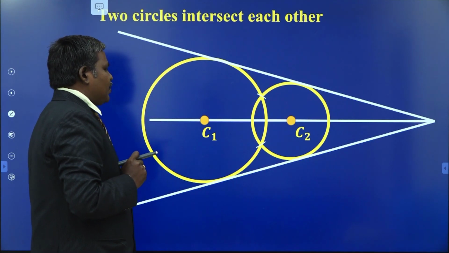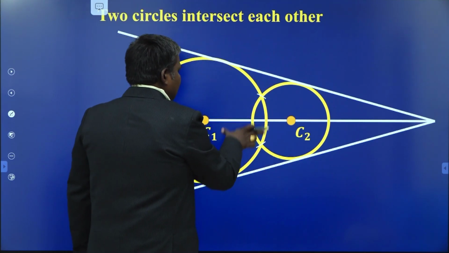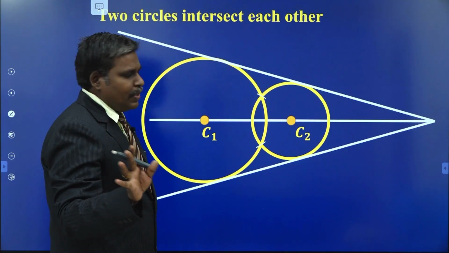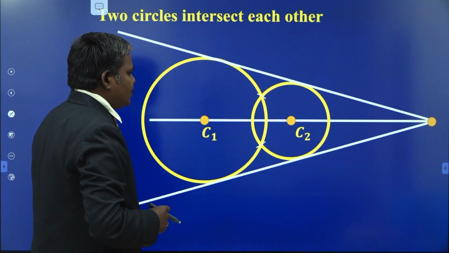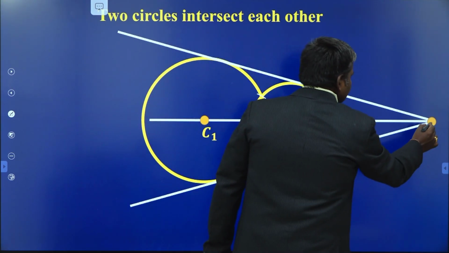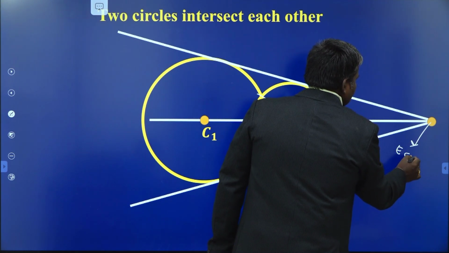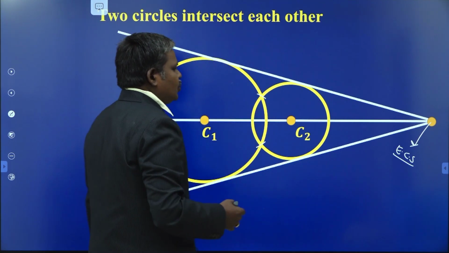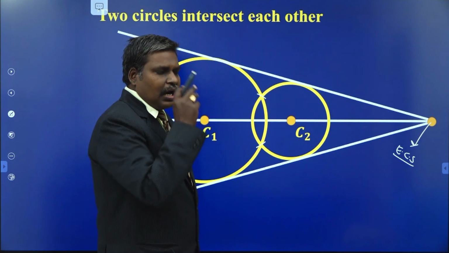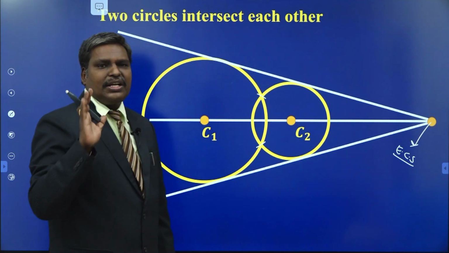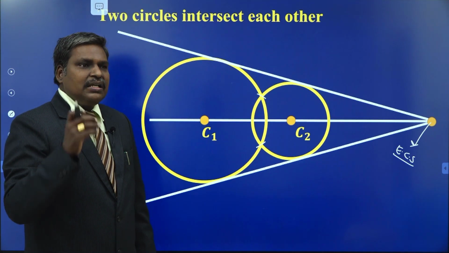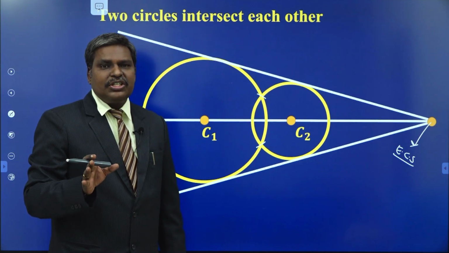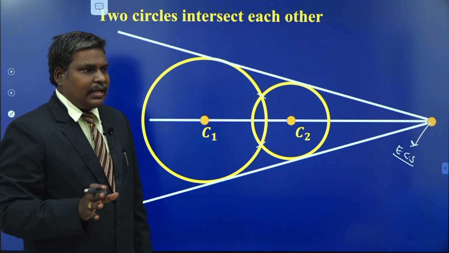There exists another direct common tangent also here. This is the tangent on the same side of both the centers. There exist only 2 direct common tangents, no transverse common tangent. Here we know that the point of intersection is called the external center of similitude. This external center of similitude divides the line joining C1, C2 in the ratio R1 is to R2 externally, always, in any case. And transverse common tangents intersect at the internal center of similitude, that divides C1, C2 in the ratio R1 is to R2 internally.